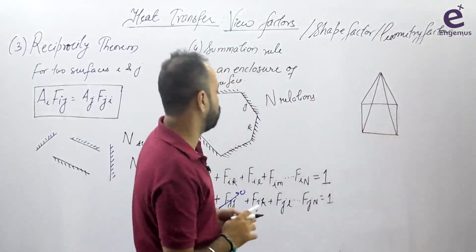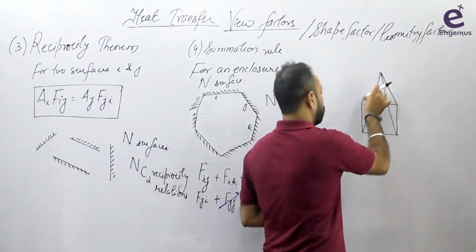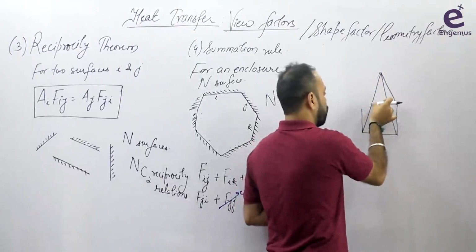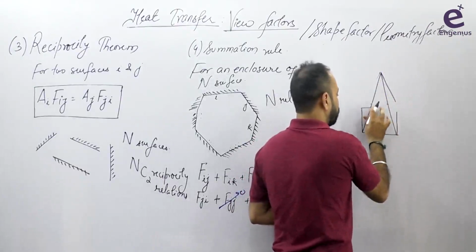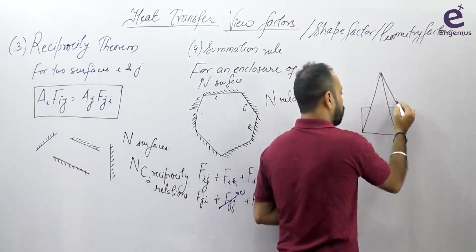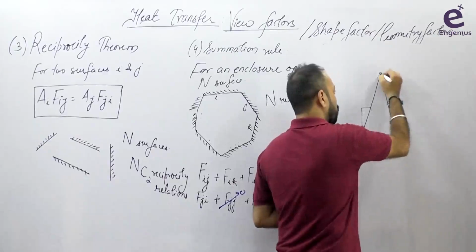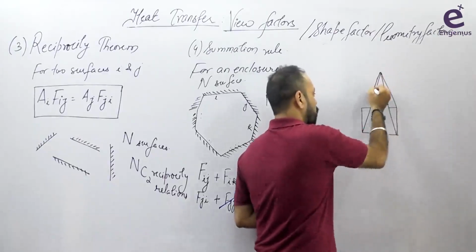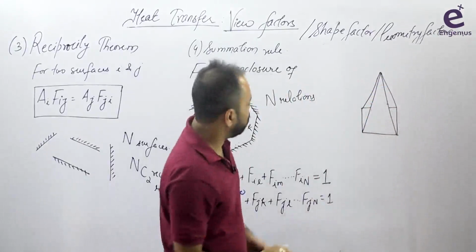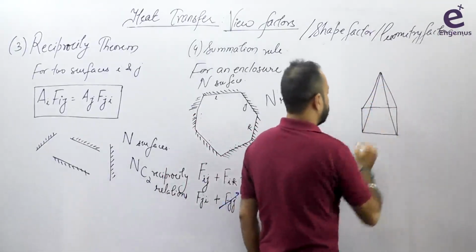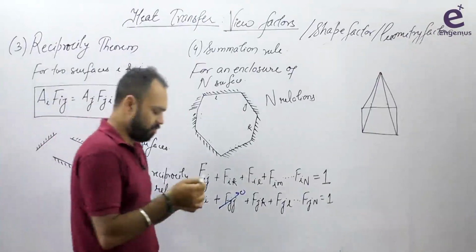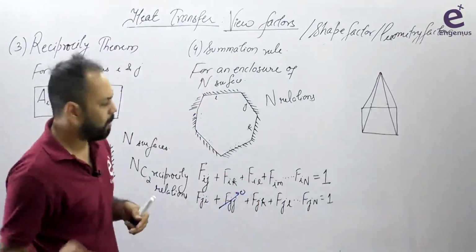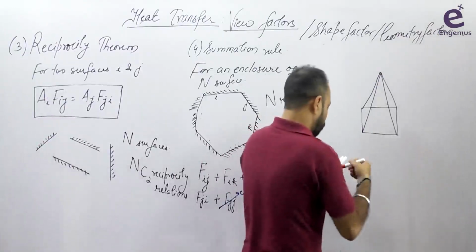Suppose, हर बार फिर इसको थोड़ा सा actual look देने के लिए इसको थोड़ा सा छोटा करना पड़ेगा. Assume that this is a square. Okay, assume it is a square, and this looks like a pyramid. I was saying that in this case, if this is surface 1, the square base is assumed as surface 1, then